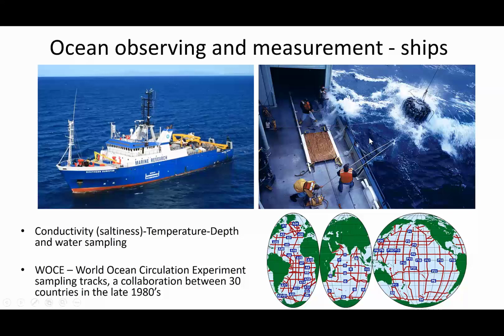And it wasn't until the 1980s or so that there was a major international experiment conducted where most of the major scientific countries around the world invested in a large international project where they drove ships along each one of these lines that you see on the map here, and they would stop every degree or so, which is about 100 kilometres, and they would make one of these CTD casts and collect water samples, then bring them back to the laboratory and measure it.